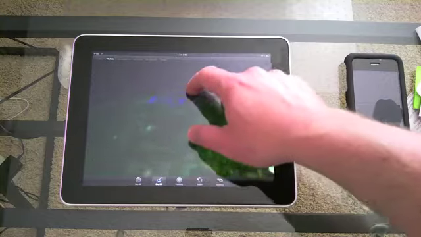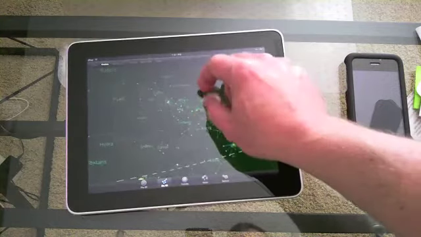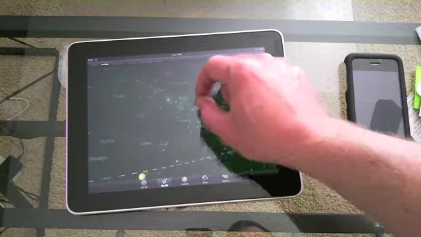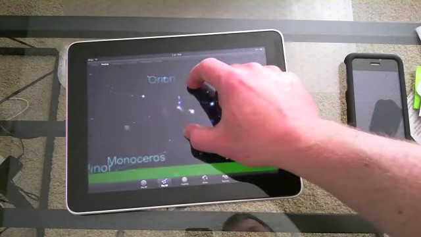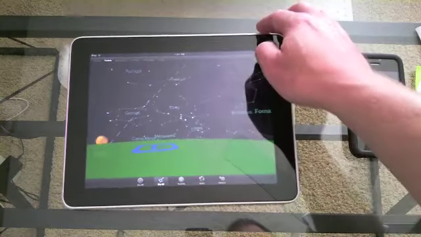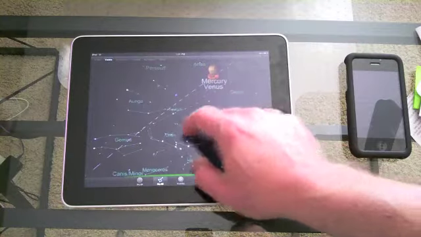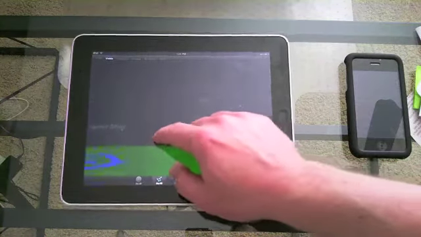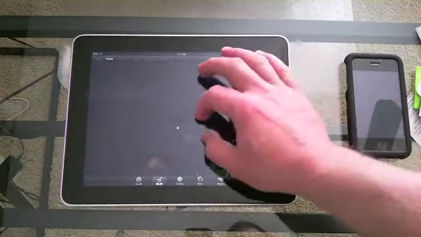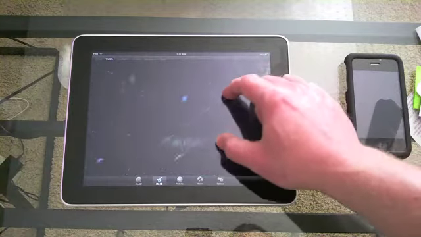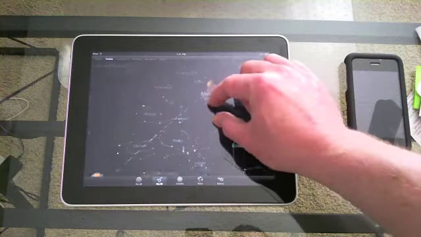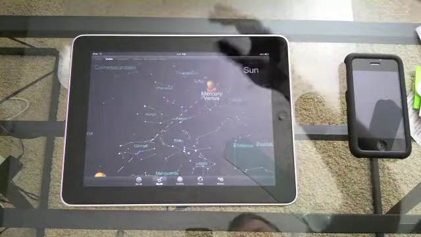The graphics are amazing, and it shows you all these stars and star clusters, and there's Orion right there. Let's see, Gemini over there. Bring it into view, expand it out. Let's see, where did it go? Oh, there's Taurus. And then you can select the planets. This is pretty cool. So we'll go